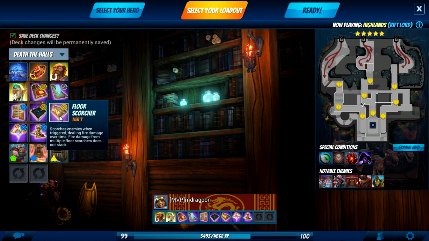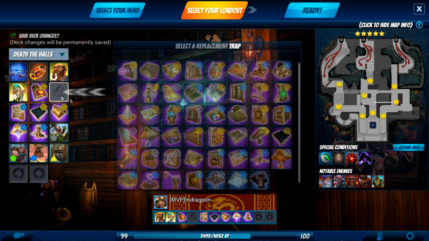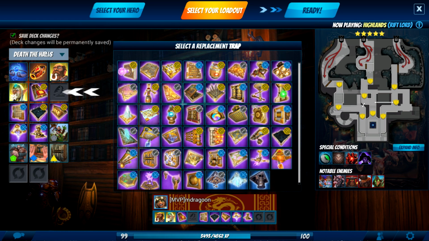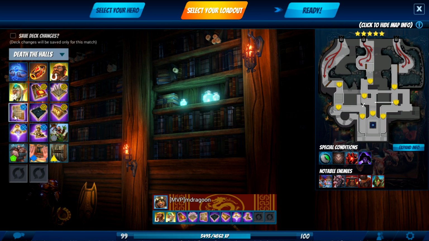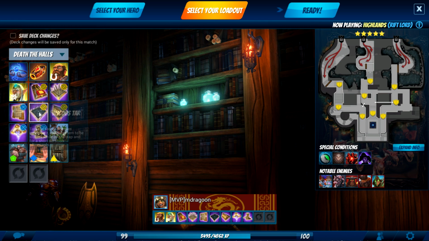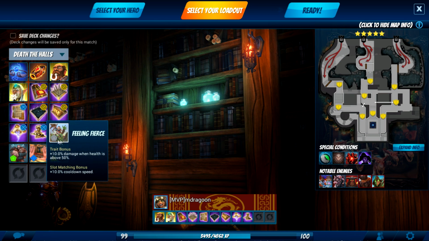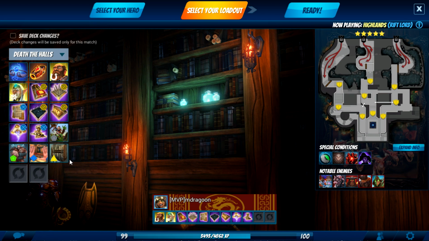So Viscous Tar, Force Scorcher, and Arrow Walls are definitely going to be in there. Solve Arctos, not really needed. We're going to drop that. We are going to try for some Floor Spikes, mix those in, and Lightning Rods seem to work out pretty well. So we're going to keep those in the build, and with Brass, Wall Building PhD,